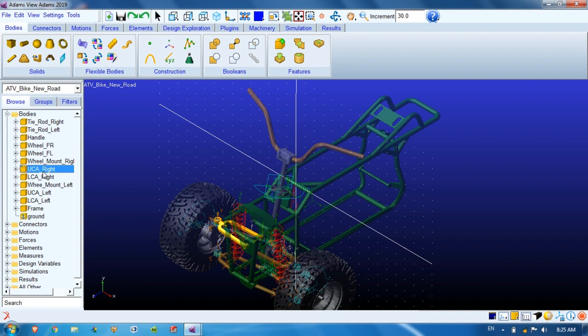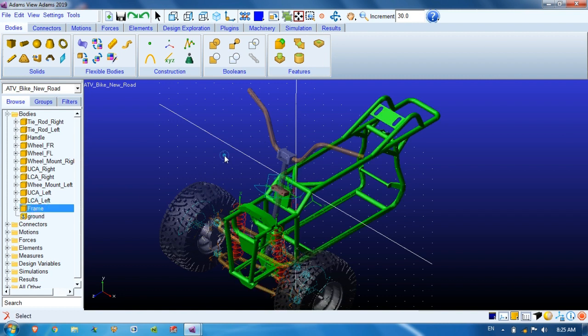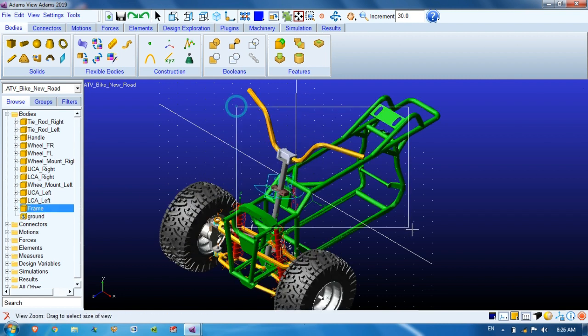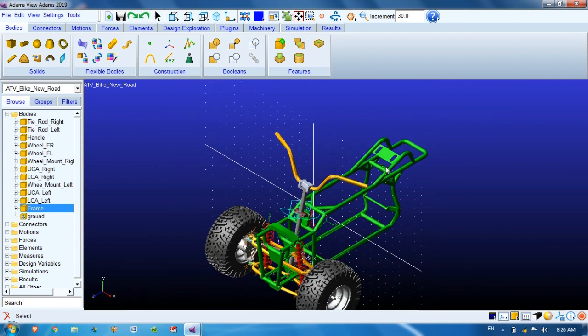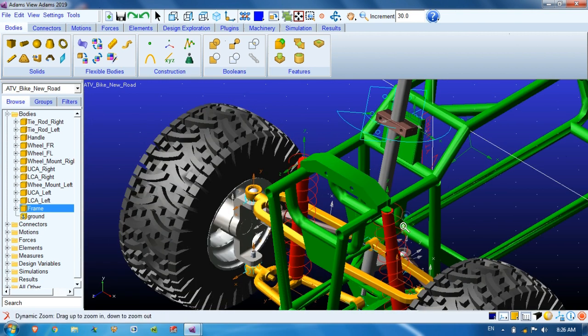Upper control arm right, lower control arm right, wheel mount left, UCA left, LCA left, and frame. This part we will require. From the frame we will not require all the bodies, so we'll keep only these front side bodies.